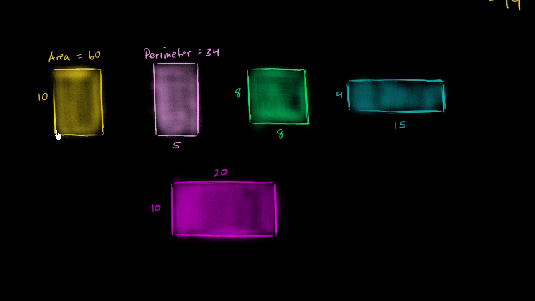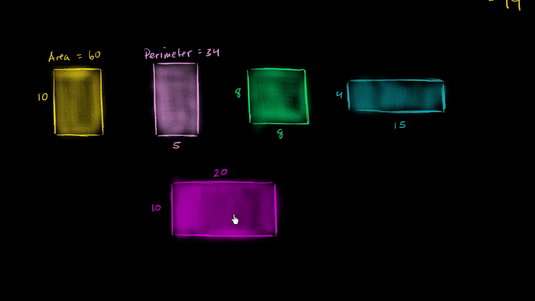So I have this yellow rectangle here, and we know two things about it. We know that it has a length of 10, that the length of this side right over here is 10. And we also know that this yellow rectangle has an area of 60 square units, whatever units we're measuring this in. So what I want you to do is now pause this video,